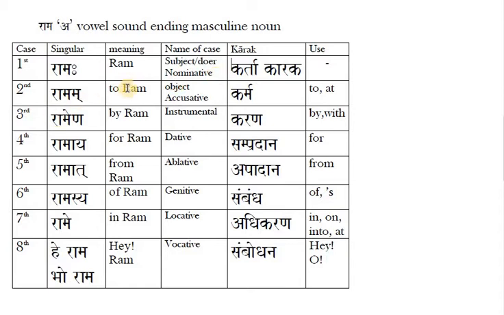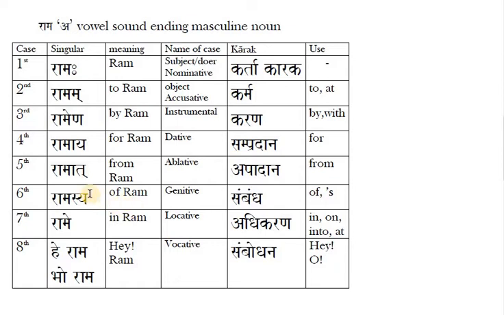Now here, to Ram is called Ramam, again a modification; that is called object. The case name is accusative, right? That is called karma karaka. Then by Ram is called Ramena, instrumental, karana karaka. By or with is the use, third case. Then for Ram is called Ramaya,